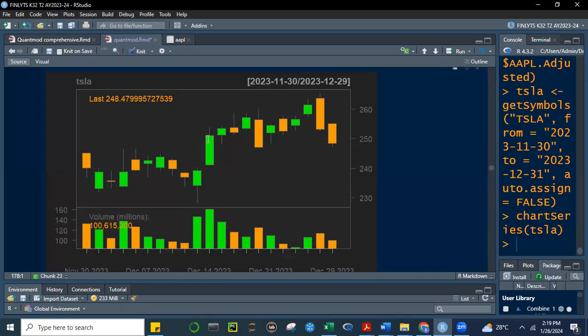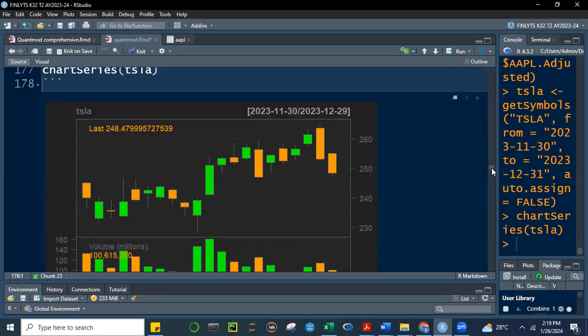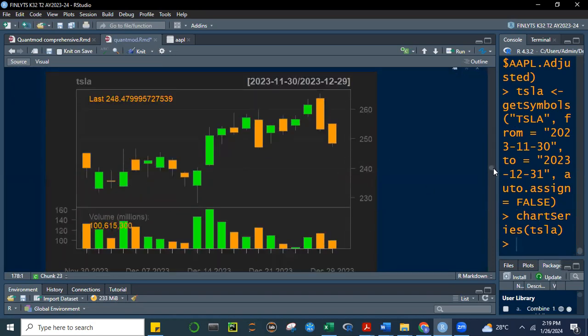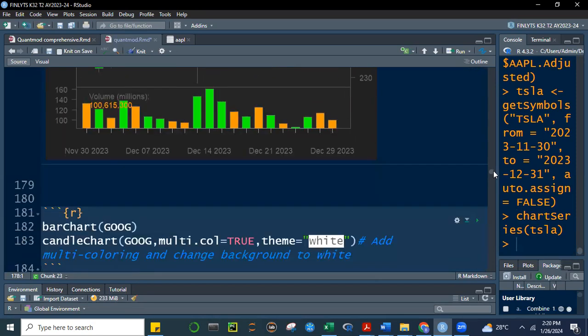The green here signifies that there was an increase in the price intraday. The orange here signifies that there was a drop in the price. So you can see here the wick. This is a candlestick, class. I know you have discussed that in your previous subject. So the chartSeries of Quantmod gives us the candlestick, which is a very informative way of plotting your time series, which you will not find in your plot